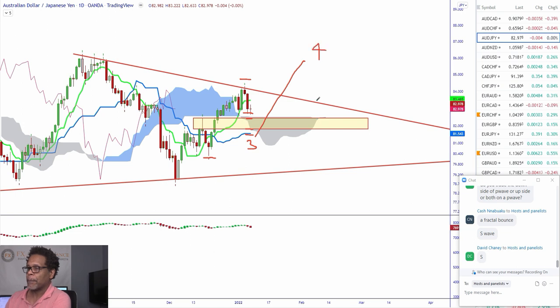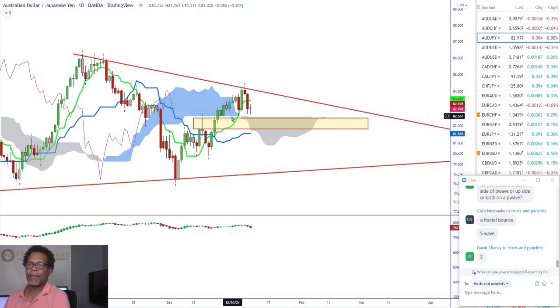All right. So we want to see where this market's going to go. Right now, we think that the market could reverse in one of these areas. If it doesn't reverse in one of these areas and breaks the Kijun-sen, we're heading down to here, because then I think we're going to see a bounce on the P wave again, on the bottom of the P wave support level. All right. So how do I find my targets?